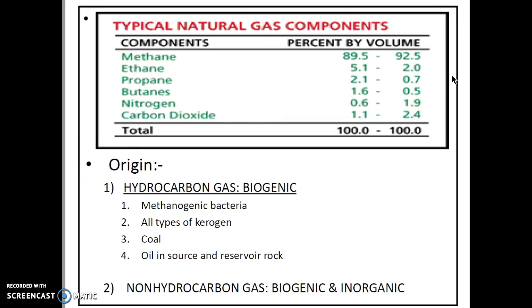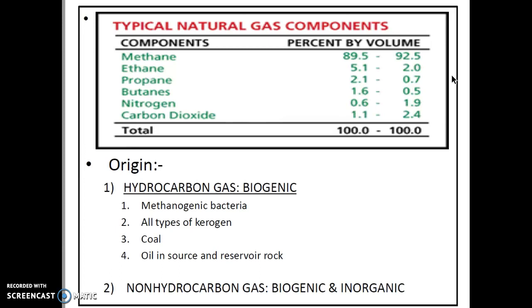Part of the gas characteristic is that gas is ubiquitous in a petroleum basin. It means that it is always generated and expelled as long as there are active hydrocarbon generation kitchens or source rock. Both the hydrocarbon gas and non-hydrocarbon gas in natural gas have multiple sources, meaning they come from many origins.